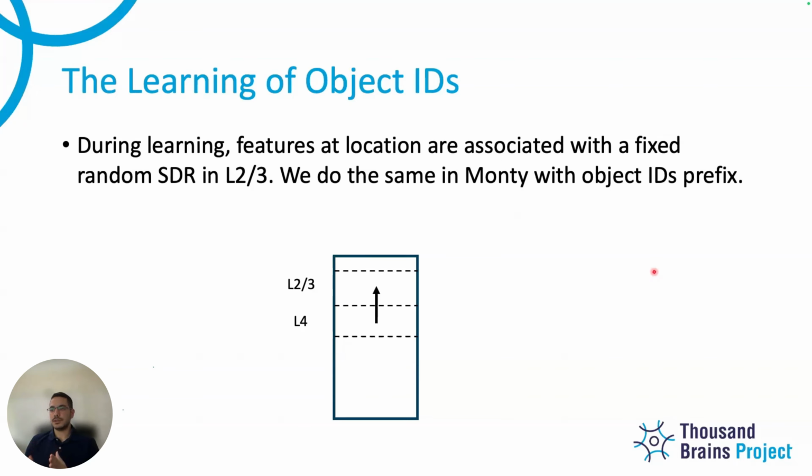If you just put a random SDR in here, we're making a few assumptions. One of the assumptions is that we know the object boundaries before learning the objects themselves. So in a multi-object environment, we know when to stop. Basically, the question is, when do we stop associating with object A and start associating with object B? But the random SDR doesn't say that.